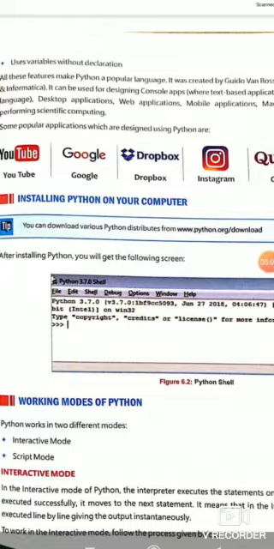After the first statement is executed successfully, it moves to the next statement. It means that in the interactive mode, the statements are executed line by line, giving the output.